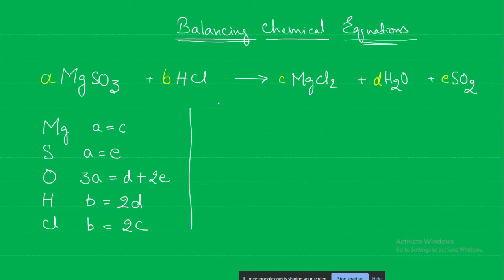So the next step is to let one of these variables equal 1. Now there are 5 atoms: 1, 2, 3, 4, 5. Out of these 5, at least 3 of them should have one variable. For example, you see A is there in magnesium, sulfur, oxygen. So we can take that equal to 1. Anything else repeating 3 times? B is not there, C is not there. So A is the one repeating most of the times.